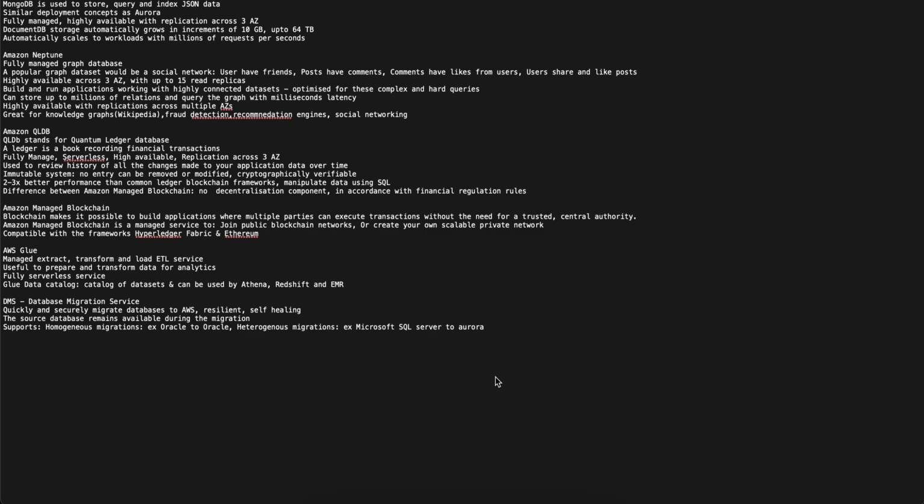Difference between QLDB and Amazon Managed Blockchain: QLDB has no decentralization component, in accordance with financial regulation rules. Amazon Managed Blockchain makes it possible to build applications where multiple parties can execute transactions without the need for a trusted central authority. Amazon Managed Blockchain is a managed service to join public blockchain networks or create your own scalable private network compatible with the frameworks